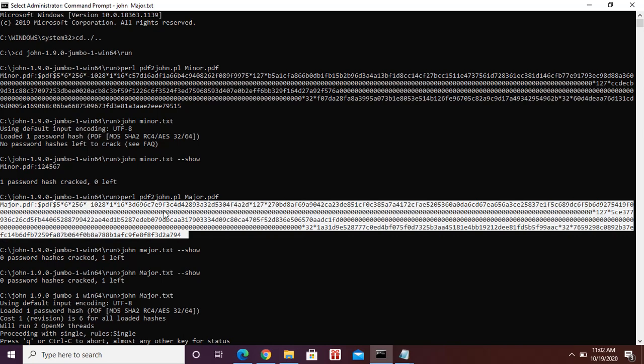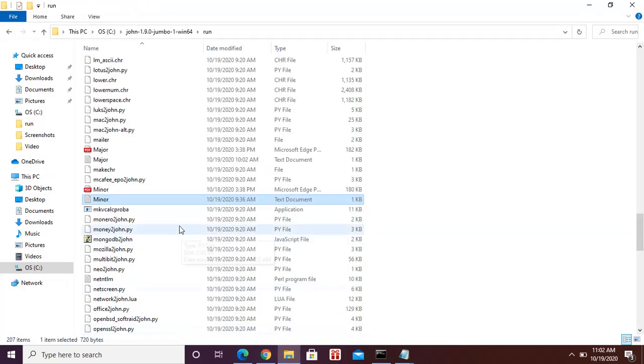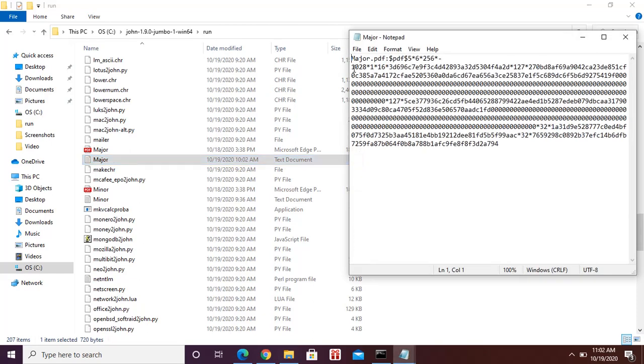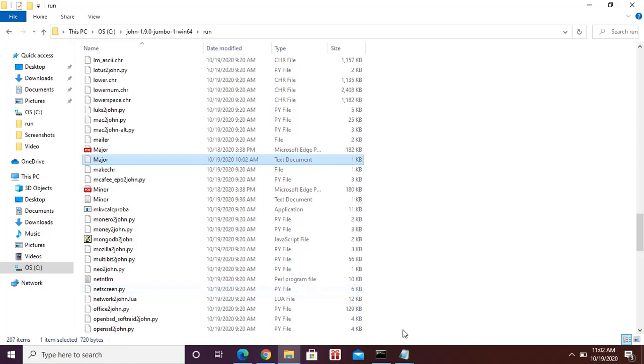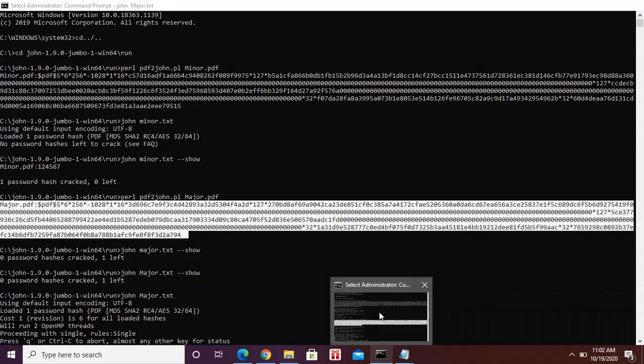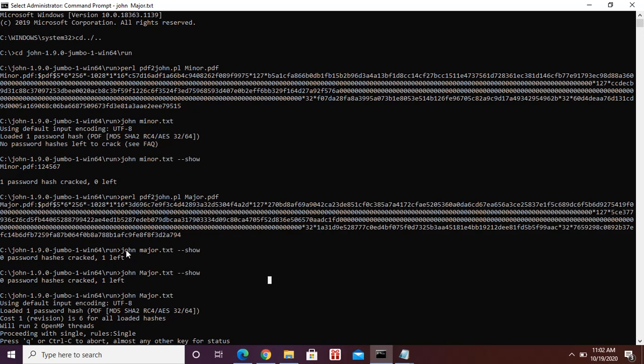After that, you copy the hash and then you open the folder back. You create one text document for major. You click and you paste here. After you paste here, you save, close, and then you open the command prompt back.